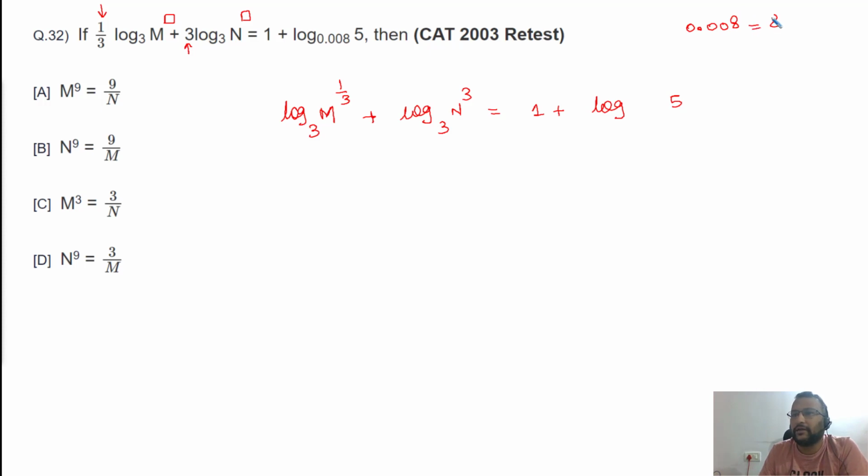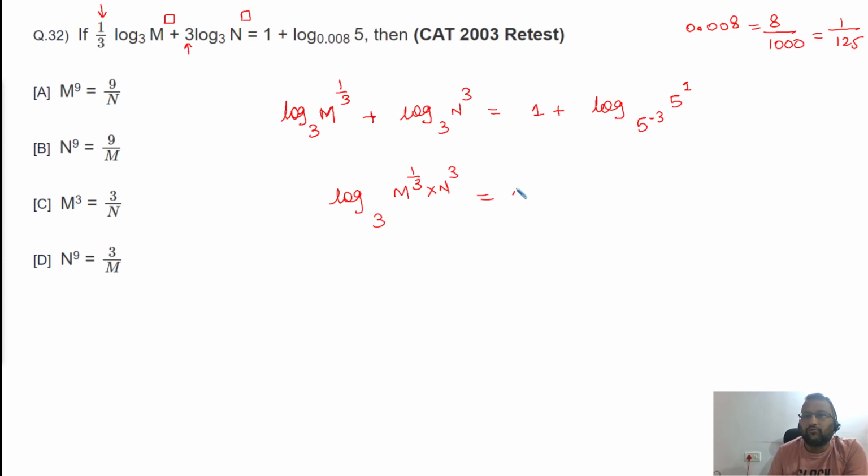0.008. What is the value of 0.008? It is nothing but 8 divided by 1000. That is nothing but 1 divided by 125. That is nothing but 5 to the power minus 3. So now the bases are the same. In addition we multiply the terms. So this is going to be log of m to the power 1 divided by 3 into n to the power 3 to the base 3 is equal to 1 plus the value of this term, which is equal to minus